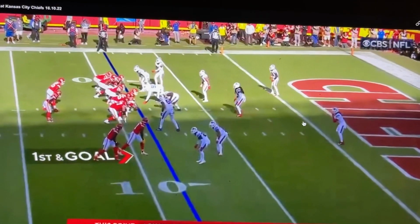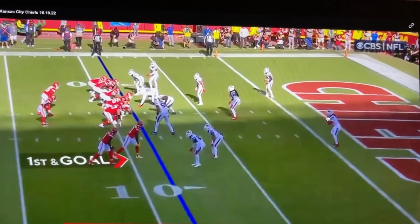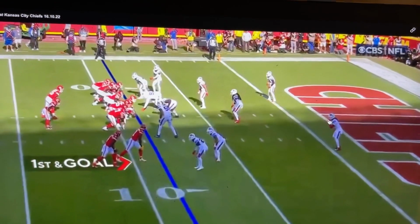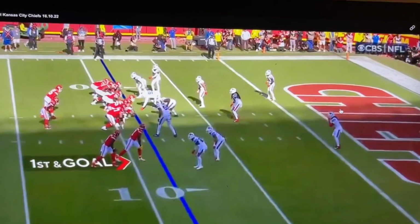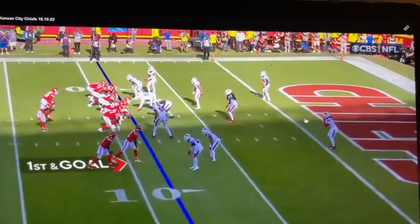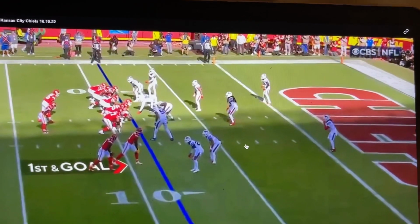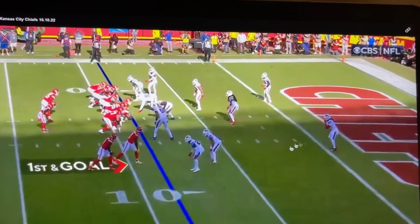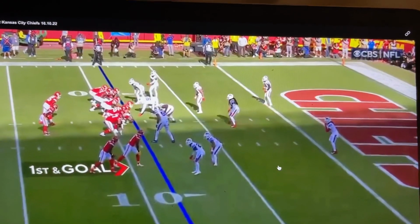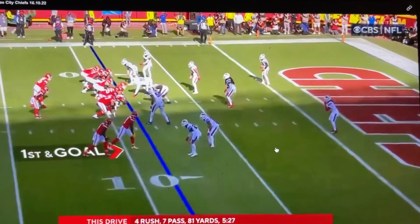They'll run a cover 6. They'll run a quarters type of look. They will do, obviously, man free, just cover 1 with a guy underneath. A lot of it's pattern matching, sometimes zone matching. Zone matching's different. Pattern matching is you take your man after the pattern distribution. Zone matching is you're in a zone and you take your man in that zone real tight. But sometimes you can have the freedom to follow your man